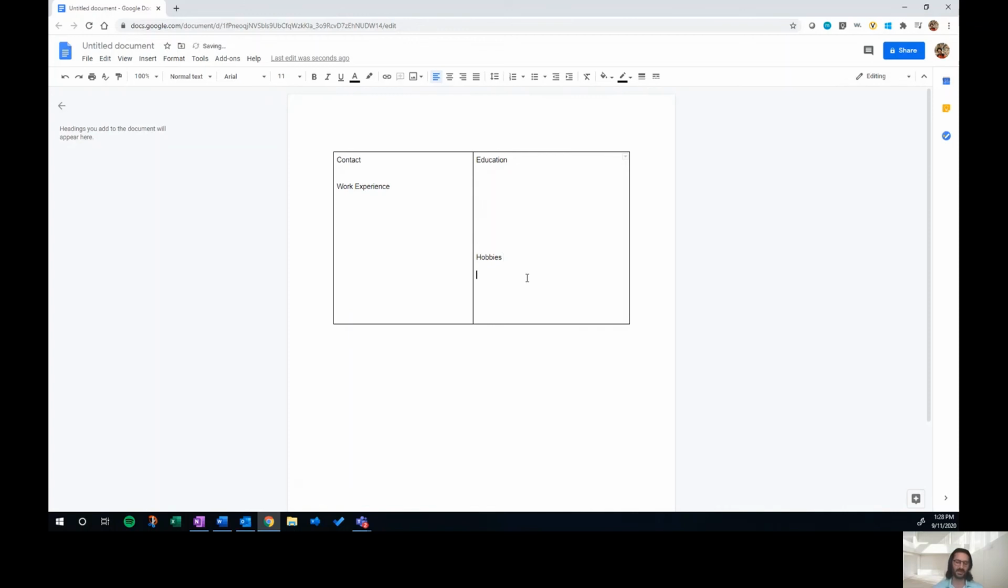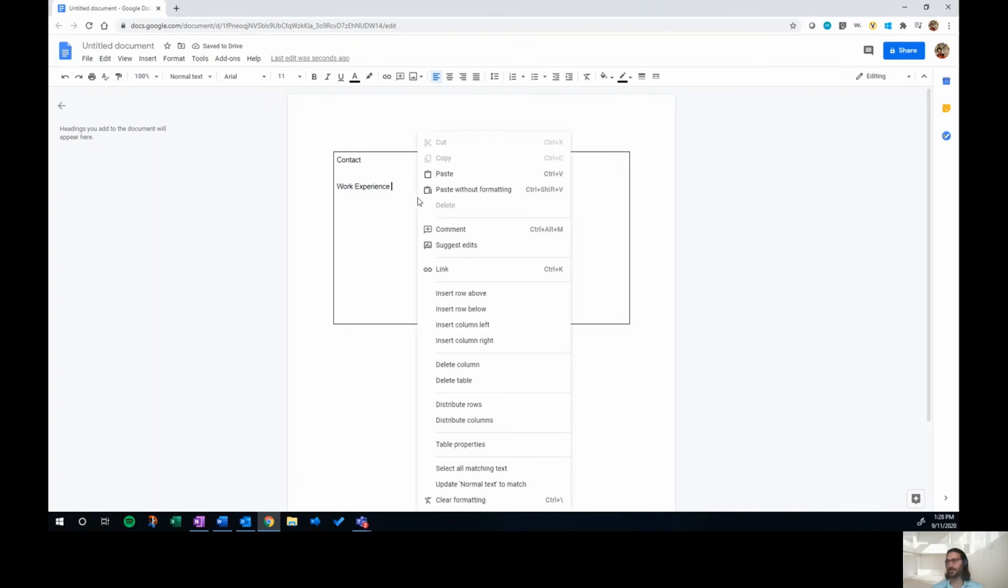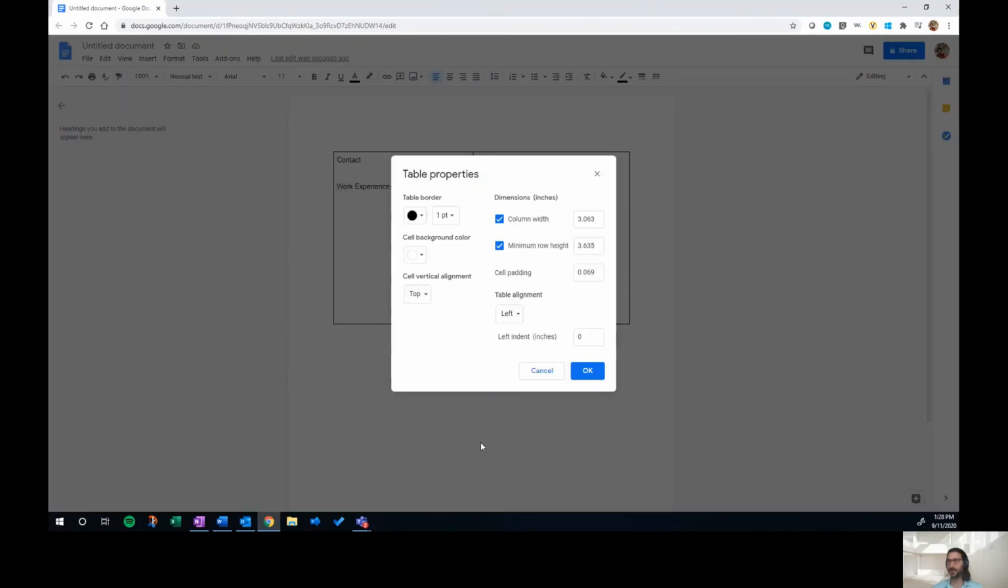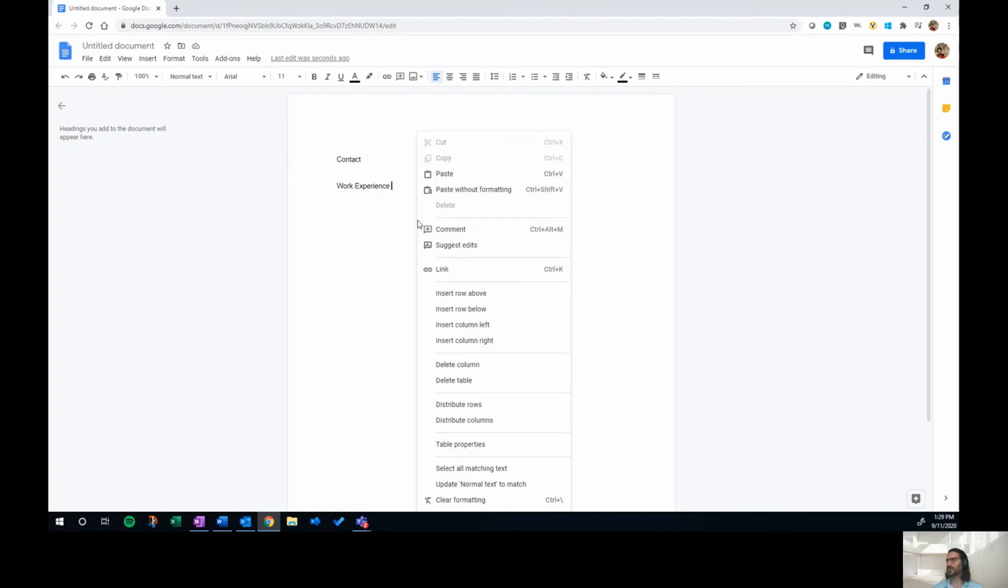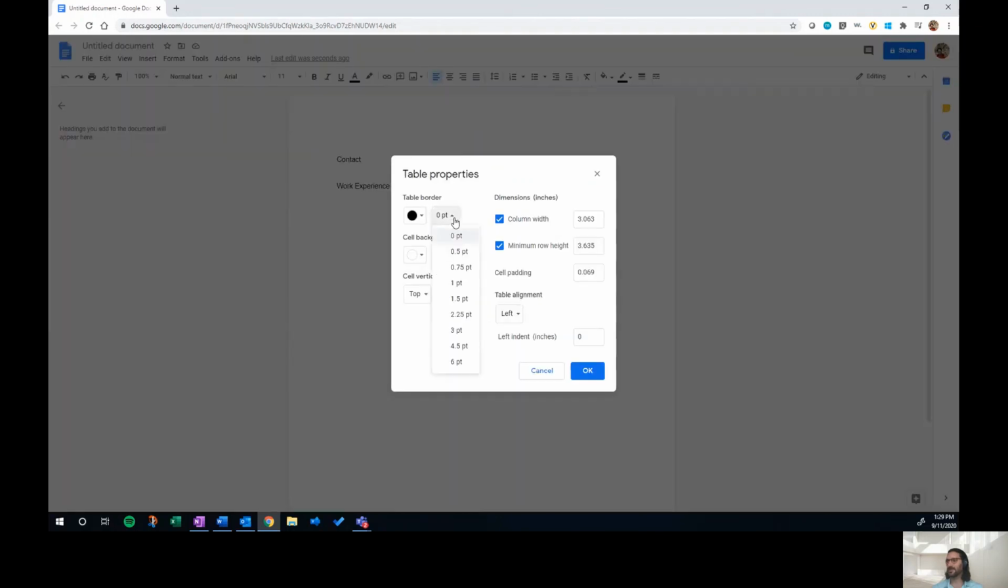And let's say after hobbies, I wanted to do volunteer after hobbies. Then again, I just need to create more spacing. So that's how you do the tables. And again, if you want to right click, table properties, here you can see the table border is at 1 point. We're going to move it to 0, hit OK, and you can see that the table disappeared. So that's one way of getting rid of the table. All you have to do is right click, table properties, go back to 1 point, or whichever point you want,